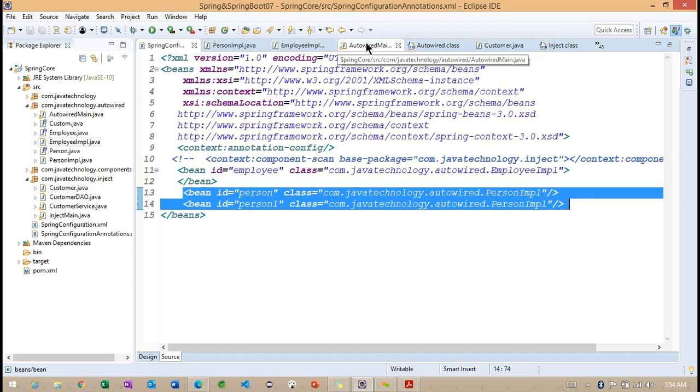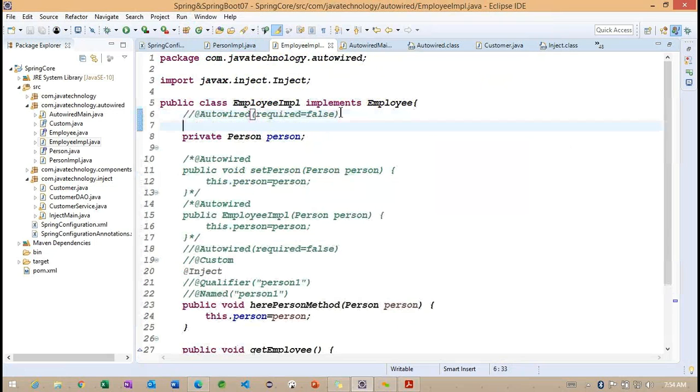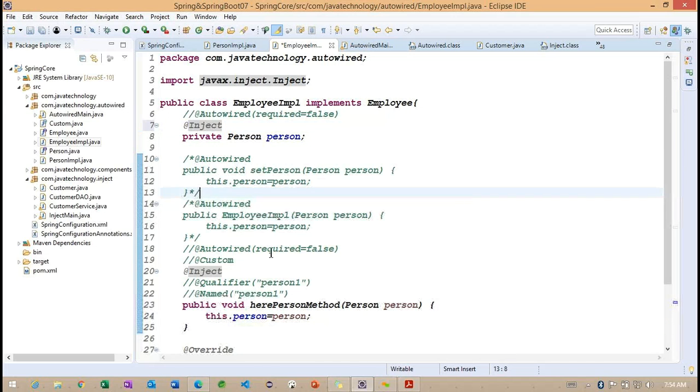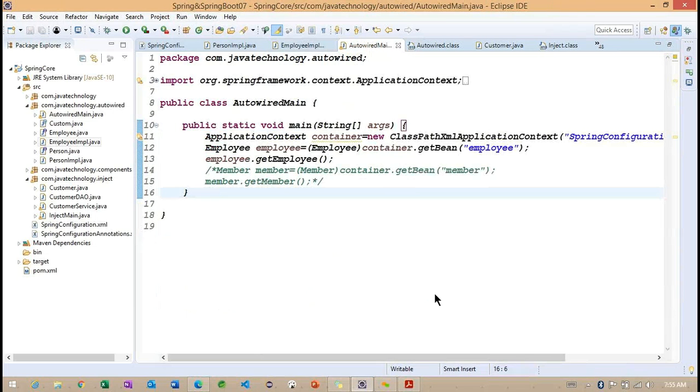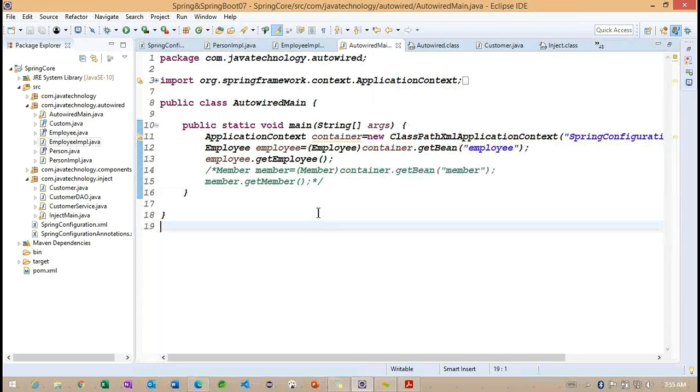Let me provide employee service impl on top of this method.